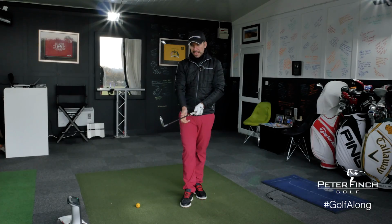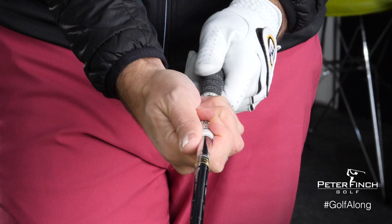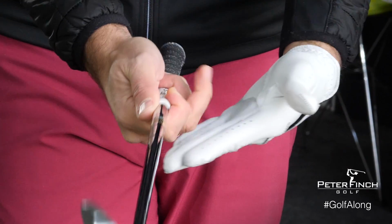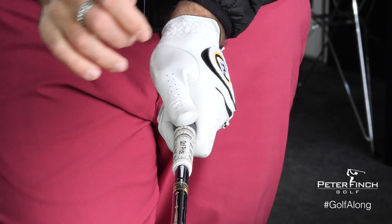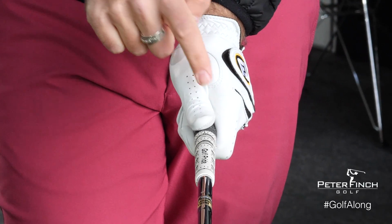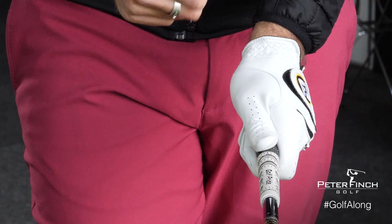So if you hold the club out in front of you guys, you want the leading edge to be nice and vertical to the ground with the toe pointing directly up at the sky. And as you look down on the grip, if you can place your left hand with the grip running from the base of the little finger to the middle of the index finger, before wrapping that hand over until a point where you can see around 2.5 knuckles on that left hand, and the V created by the thumb and the forefinger pointing up towards the right shoulder. You don't want this thumb gripping down onto the side of the grip like that, so just on top